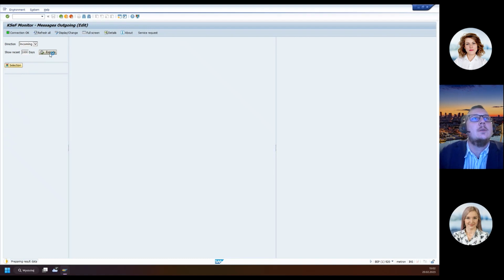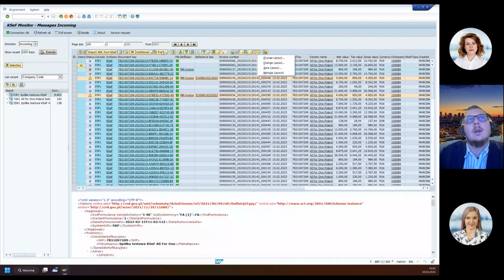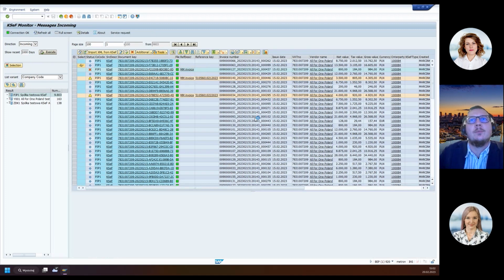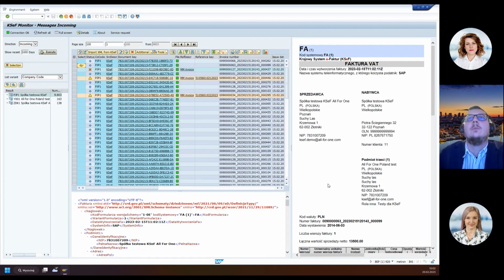We could execute this. As you could see, there are hundreds, thousands of invoices downloaded from the Ministry of Finance, and by default we could help you to download them and maybe to save them in some shared catalog. We can send them to an email that you would like to have them on. But what we usually do with our